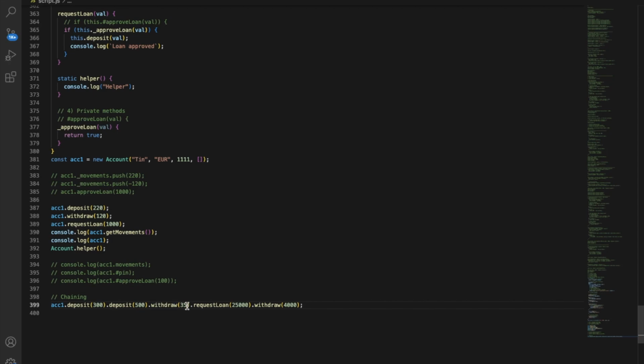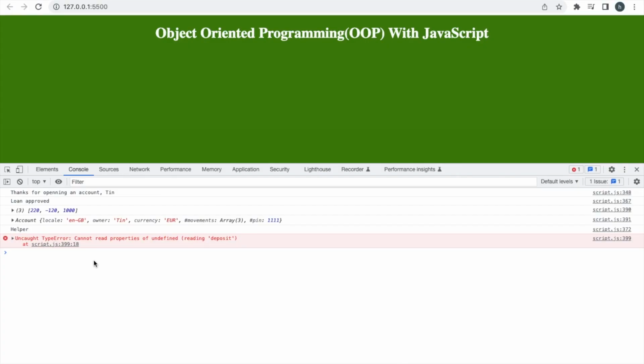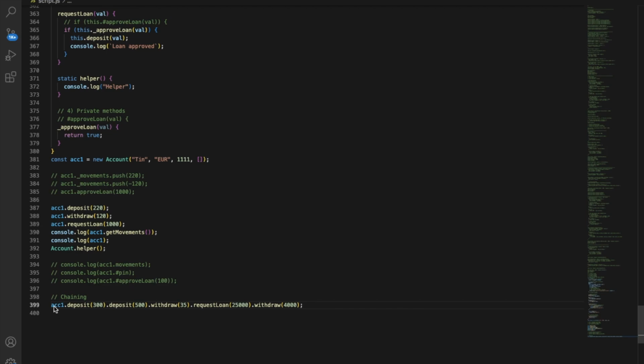Maybe we also want to request a loan in the middle of this. So request loan, let's say 25,000, and finally we want to withdraw some more. So let's say 4,000. So right now this is not gonna work. So let's see the error. So the problem here is that this one here will work, but this will return nothing,